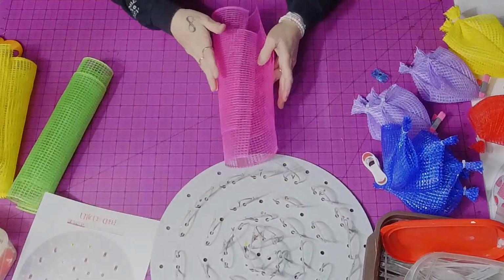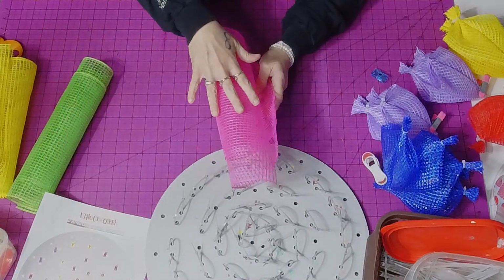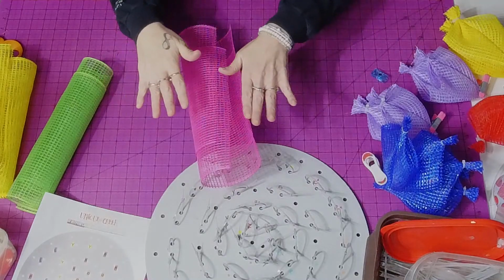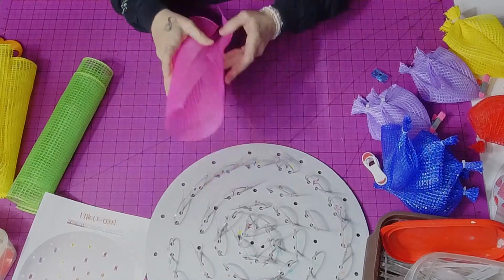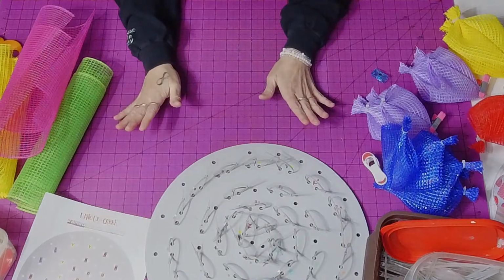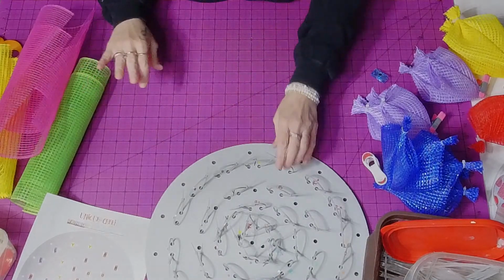So your petal won't look too different if you used some fabric mesh, some poly burlap, and some horizontal wide stripe. No matter how you fold this petal, whatever mesh you use, if you fold it the same, it's going to look the same, okay? So that is my reasoning for using this petal. However, you can use whatever petal you want, whatever's your favorite. Yesterday I used the Bubba, the day before I used the Lolly, today we're using the